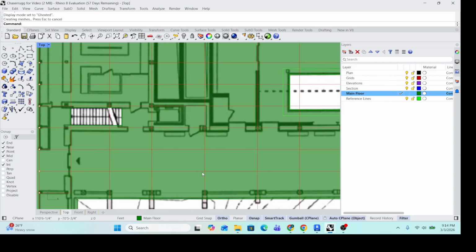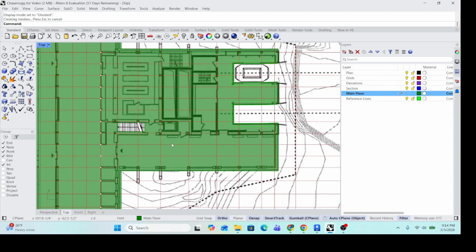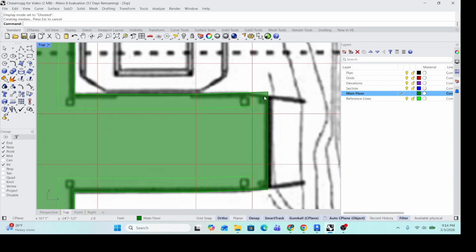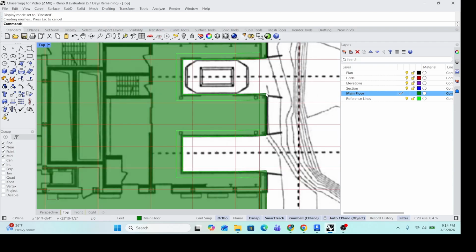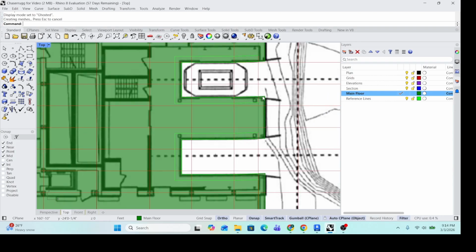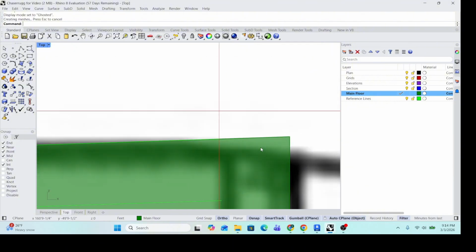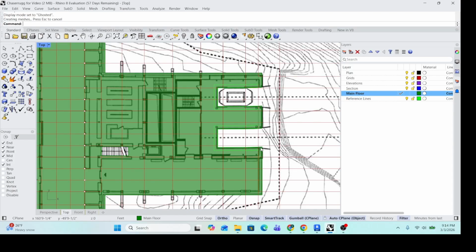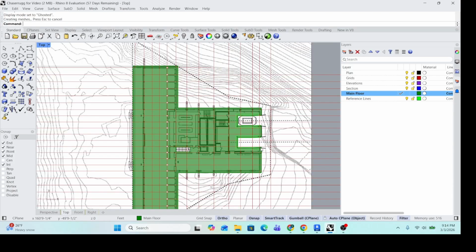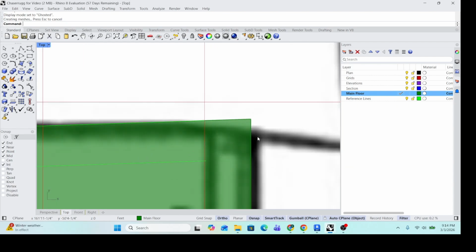So now I've got this surface. It does a decent job. Oh, I went the wrong direction there. That's okay. I went the wrong direction twice. Well, I could fix that. Let me Control Z,